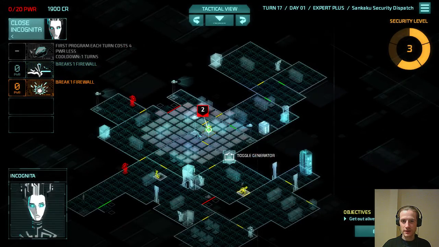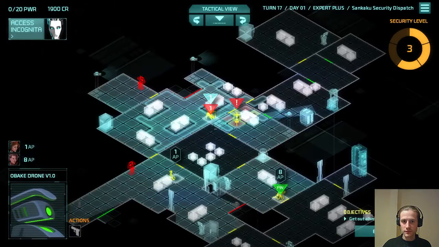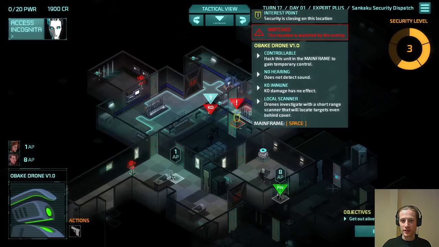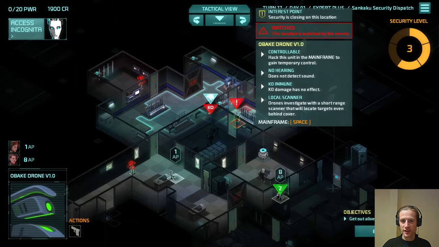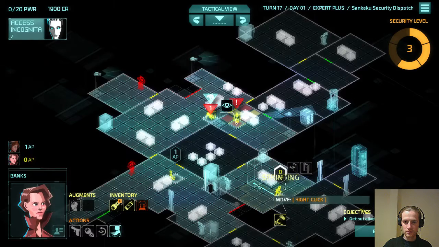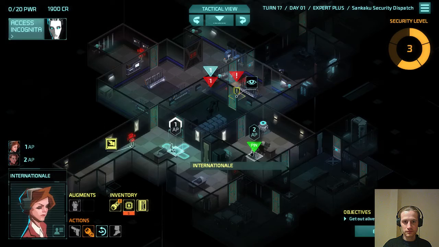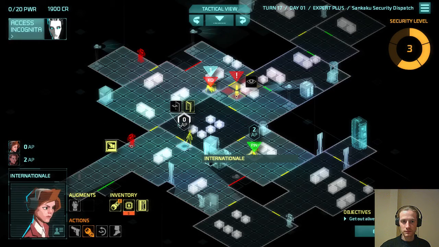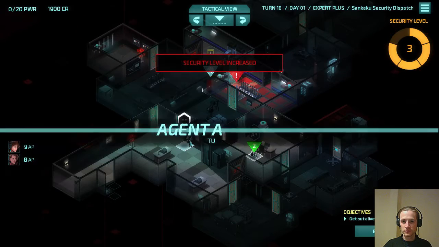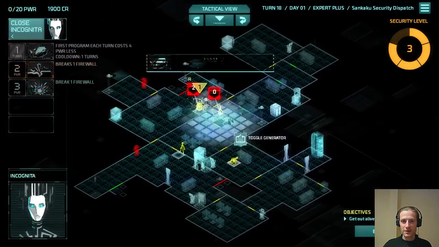Use the free hack. So we're pinning this drone again. This one we aren't. Now I could shoot him, but actually I don't think he's a threat for now. And now